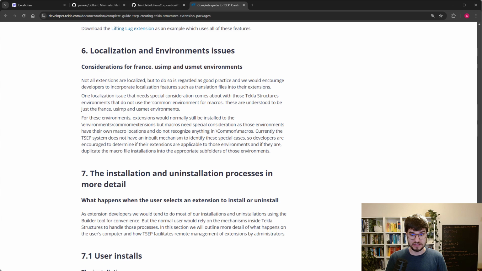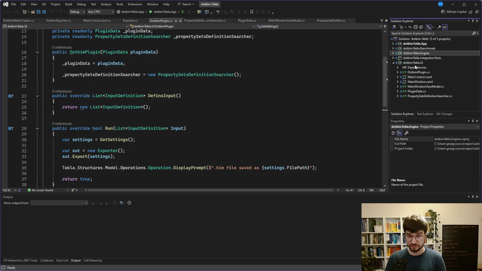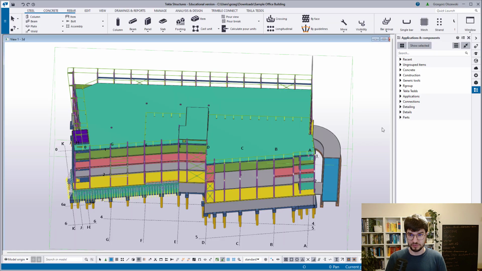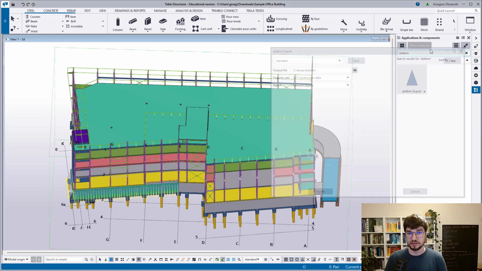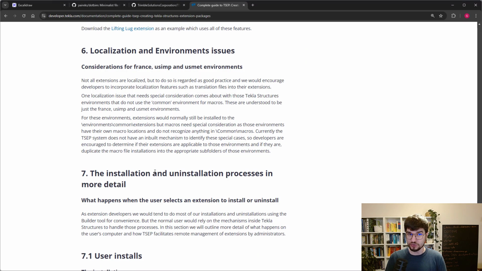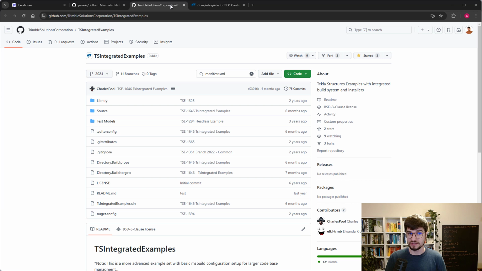Okay, at the very beginning let's see what we currently have, because we have a working plugin. This is the plugin project, and that plugin is currently available in Tekla because I have manually copied those files. So here it is, and I don't want to do this by hand. I want to streamline the process according to that guide, but of course it's a very long guide, so there is a shorter way, and it is